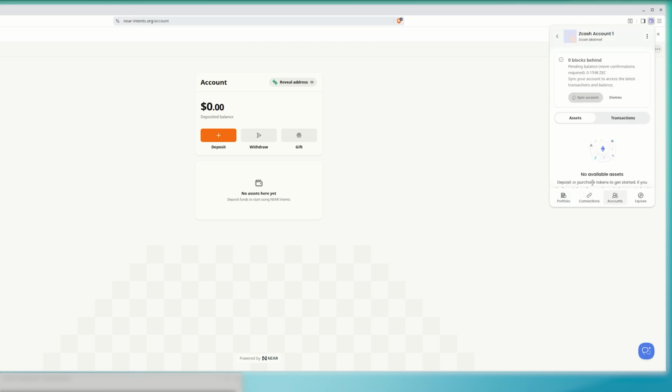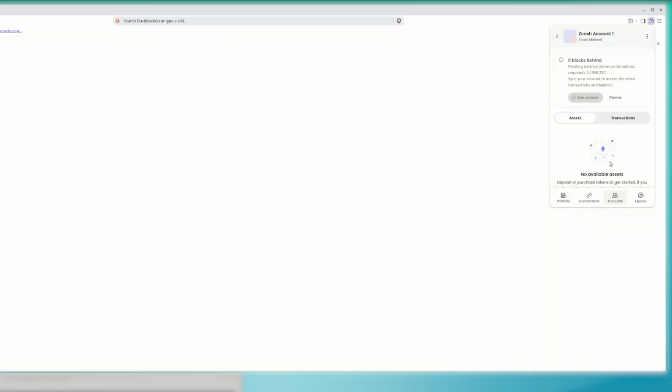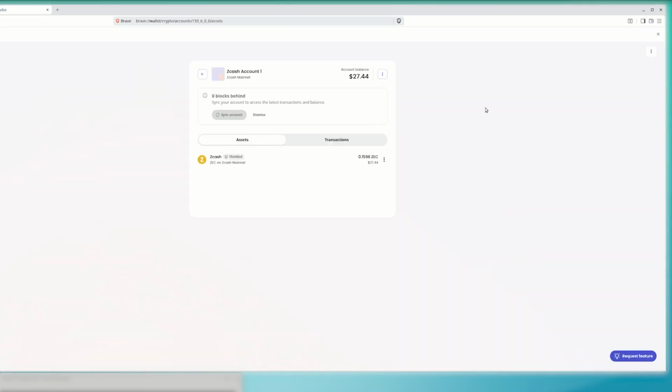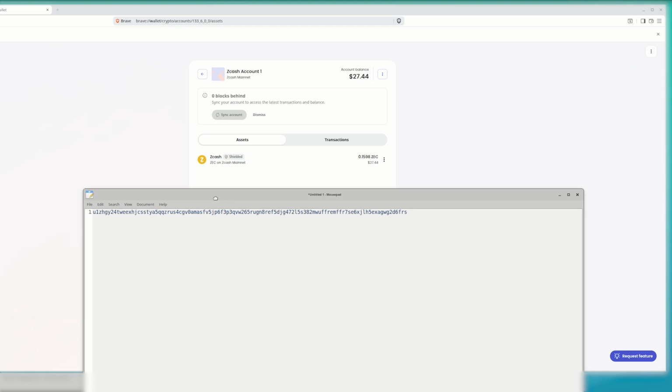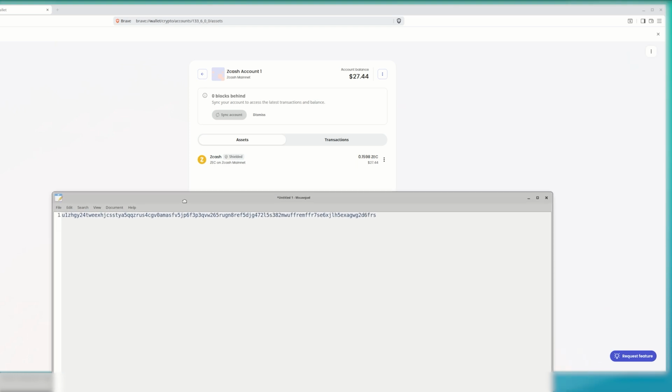Accounts. There we go. 0 blocks behind. We do have a pending balance, so it looks like we need to wait a certain amount of confirmations before this is credited to our shielded Brave browser wallet. All right, guys. Looks like our account has updated. And the last step that I'd like to do is send these funds, which are now in the Orchard pool,